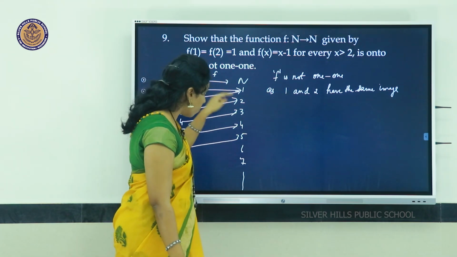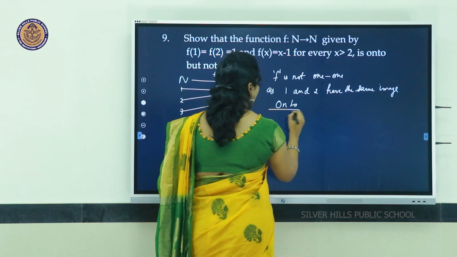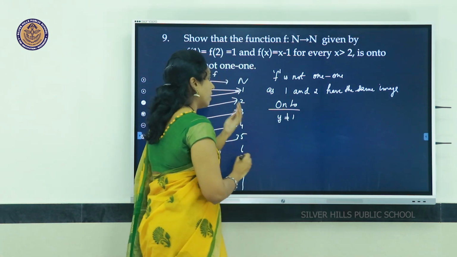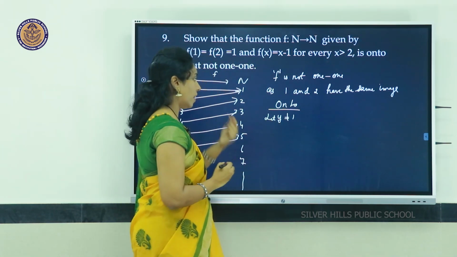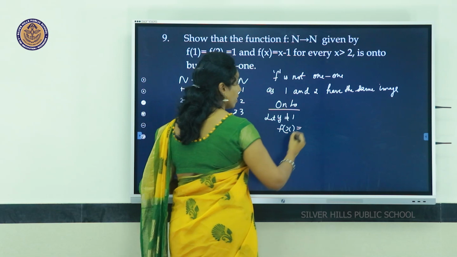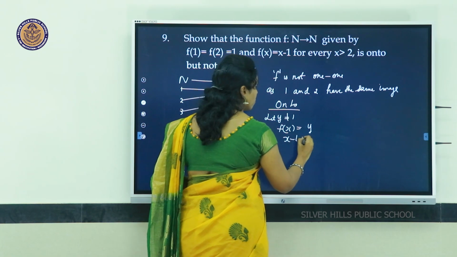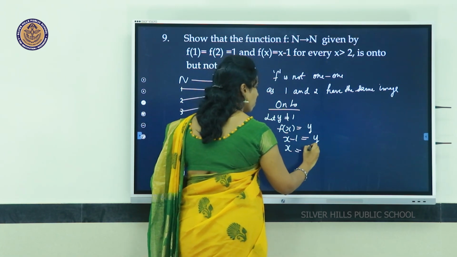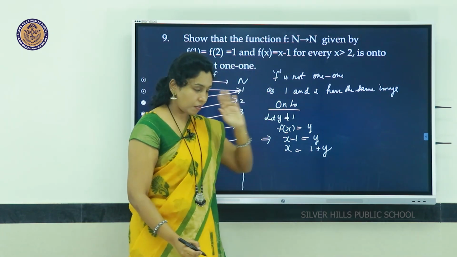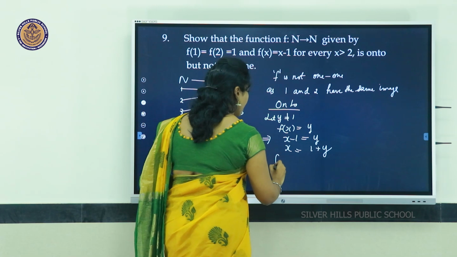Okay. So, when we take y, let us take y other than 1. So, to prove onto, let us consider a y which is not equal to 1. Let y not equal to 1, it is greater than 1. Then f of x is equal to y implies x minus 1 equal to y. x is equal to 1 plus y. That means, for any y other than 1, you got an x, 1 plus y, such that f of x